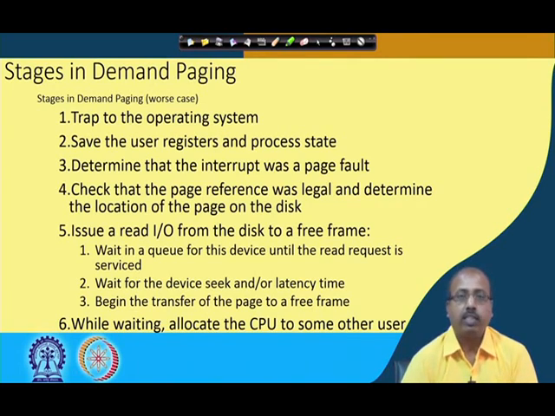We will see them while discussing the disk. After that, it starts transferring the page to a free frame. This whole thing is normally done by the DMA controller, and once the DMA controller is done with the transfer, it informs the CPU that the transfer is over. While waiting, the CPU is idle, so the CPU can better be given to some other user or some other process. The short term scheduler comes into existence and schedules the next ready job to run on the CPU, and the process which generated the page fault is now in the blocked state.